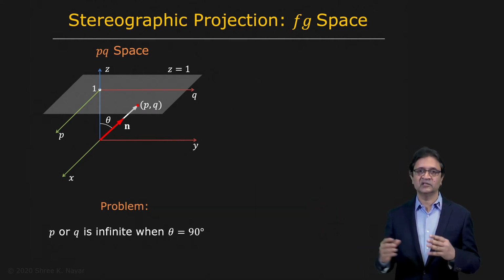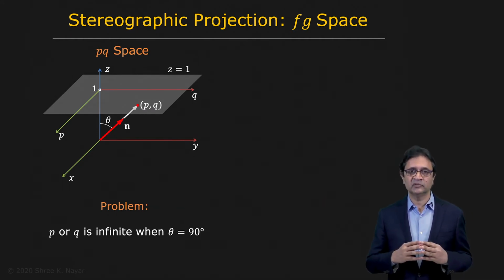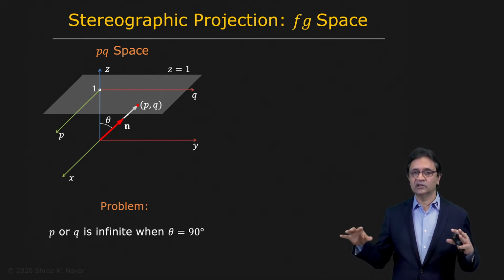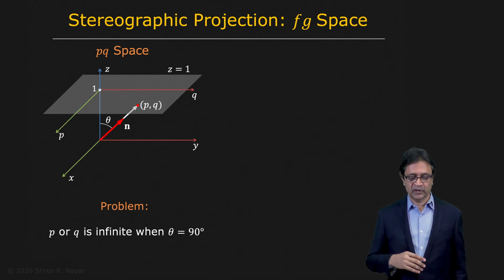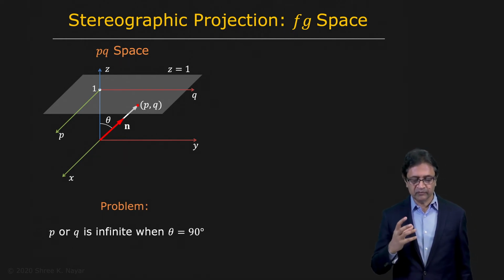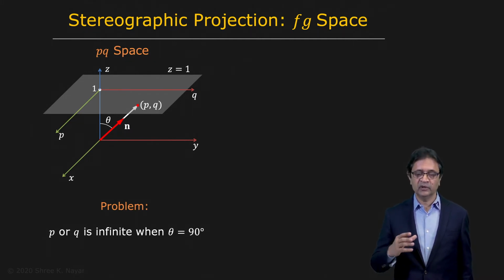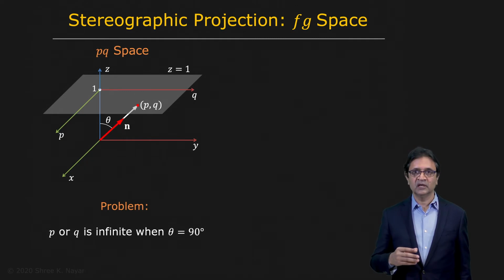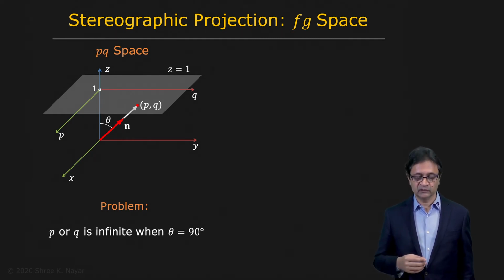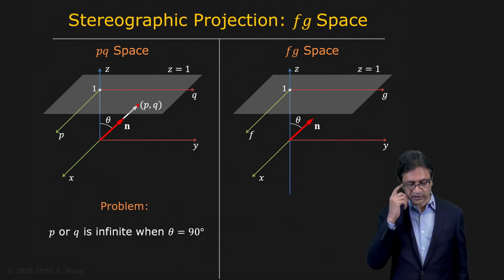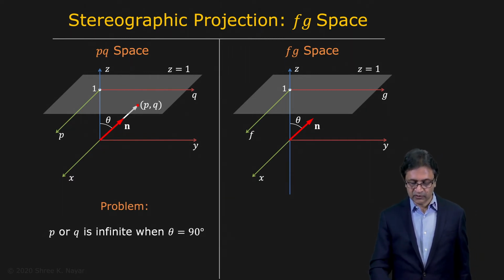They move very fast. So one of the undesirable attributes here is that you have this sort of non-linear resolution in PQ space. So we want to bound these values of P and Q in some way, or surface orientation, surface gradient. And the way we do that is by using what's called the stereographic projection, or the FG space. So this is how we compute the FG values corresponding to a unit surface normal.